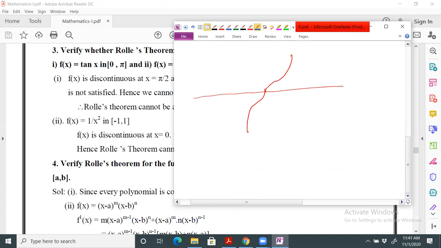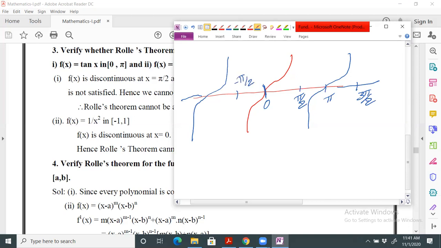Okay, so ఇలా వస్తుంది. ఇక్కడ వచ్చేసి this is tan x, x is equals to 0. At this is pi by 2 and this is pi, and like that this is 3 pi by 2. Now in the same manner we'll get here the graph like this. Okay, so here it is minus pi by 2. And one more point is,